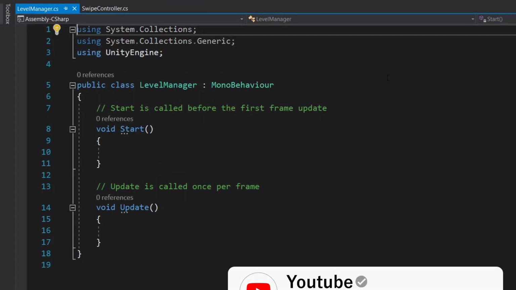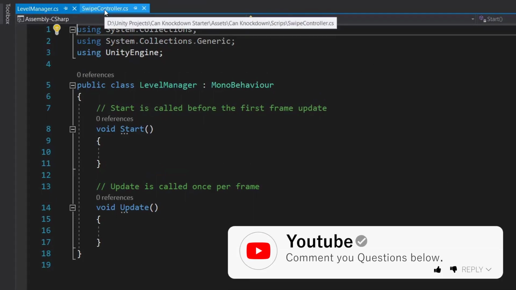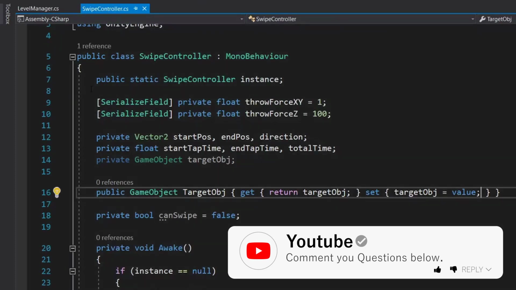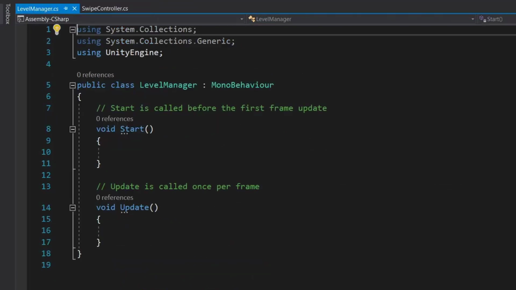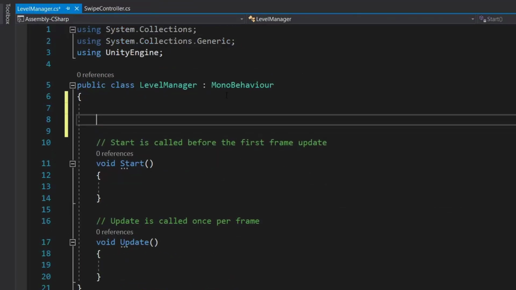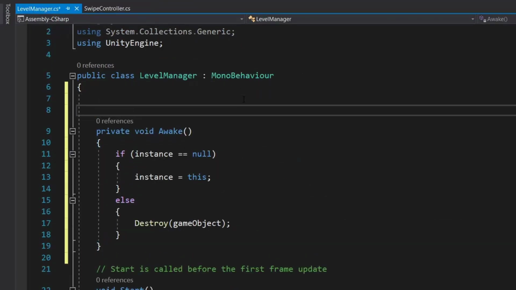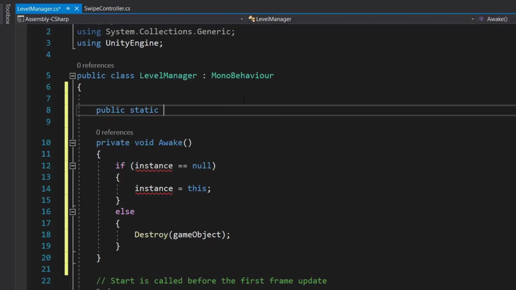First we will make our level manager an instance. So go to swipe controller, copy our Awake method from here and paste it here, and above it we will create a public static LevelManager instance.